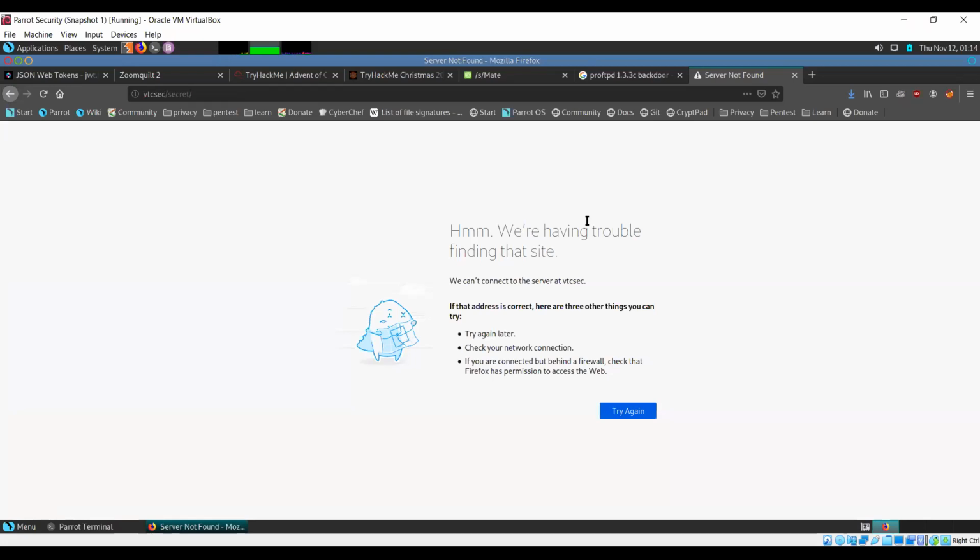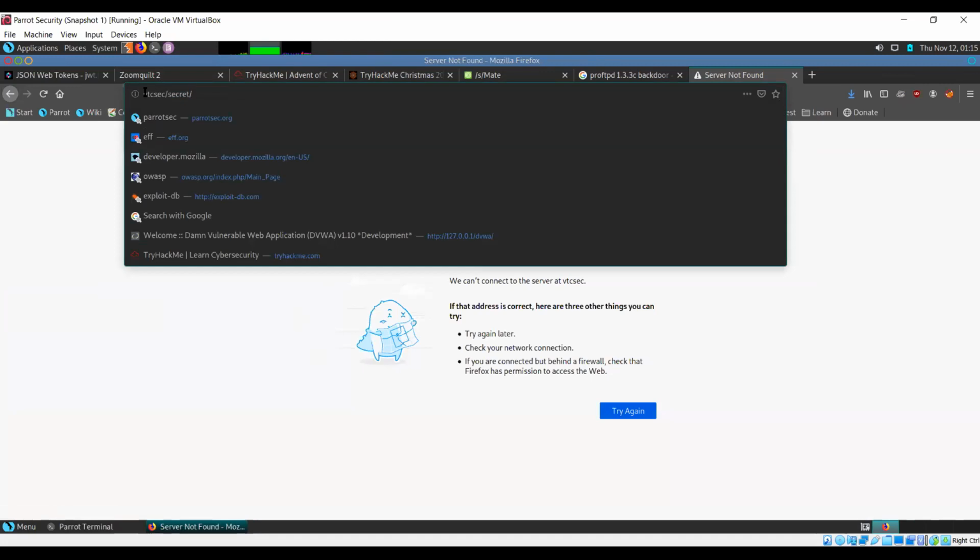Okay, and it's telling us that the server is not found. Why? Because if you take a look here, it's trying to connect to something known as vtcsec.